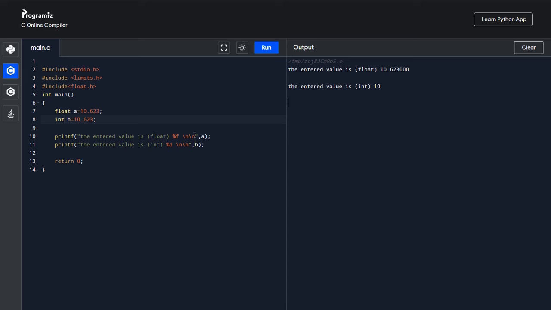Now I'll explain the program structure. As you can see, I have put the format specifiers %f and %d here. Wherever you put the format specifier, the value of a and b gets read there. So let me change the format specifier place and show you.